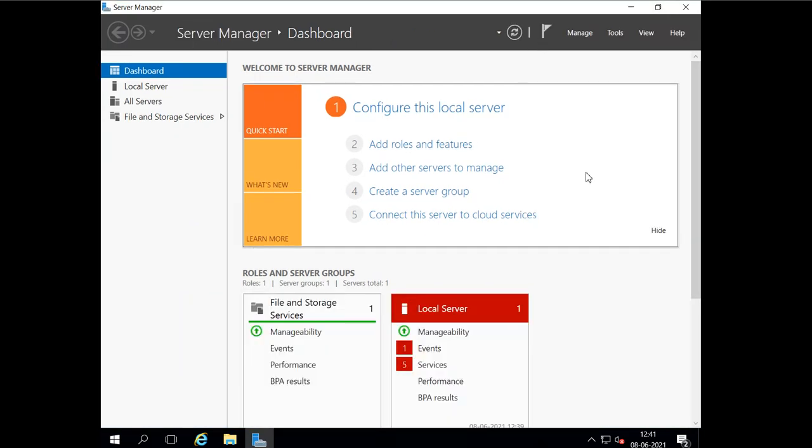Now, the next thing for the virtual machine, not for Windows Server, but for the virtual machine, is that we should take a snapshot, because right now our server is fresh and it does not have any changes or configurations.